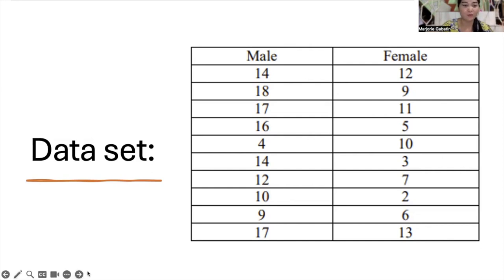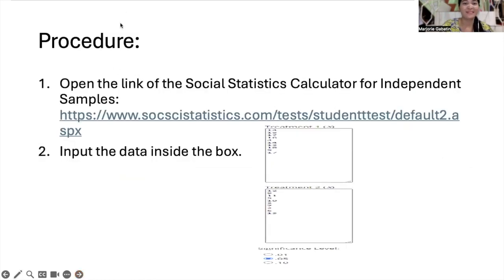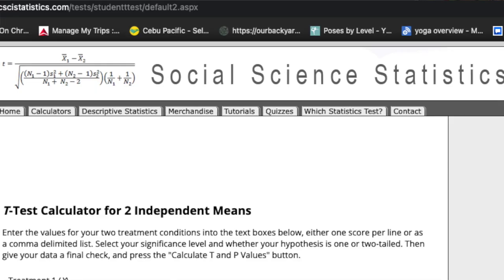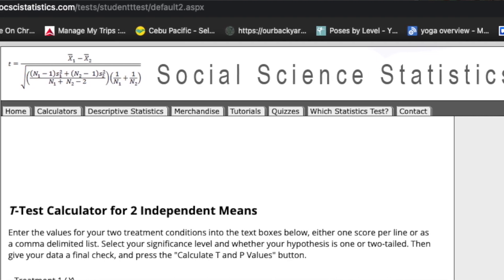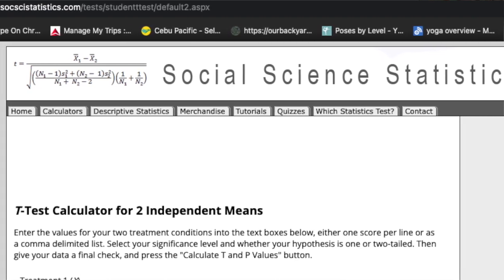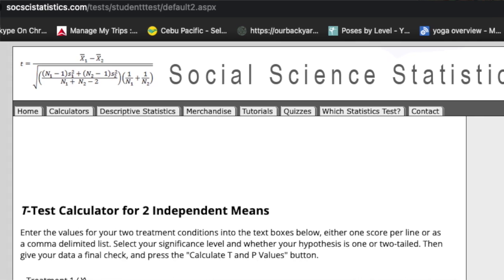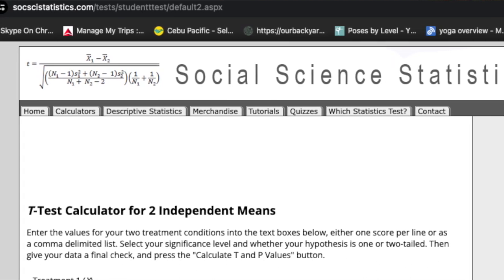Okay, how? Now, class, I have here a very simple calculator that you can use if you want to check for independent samples.